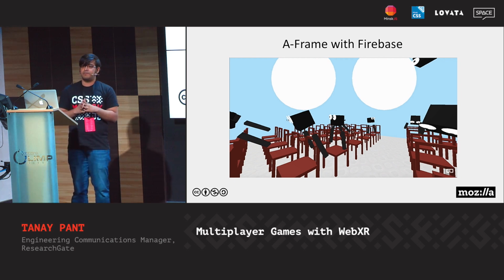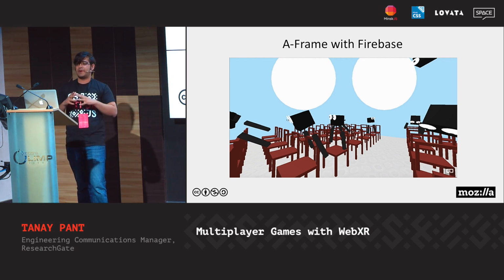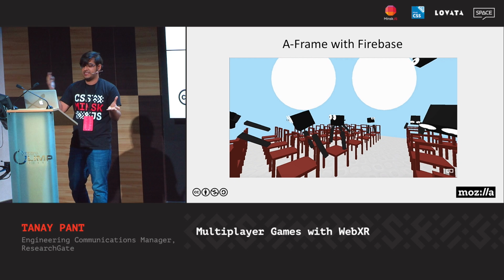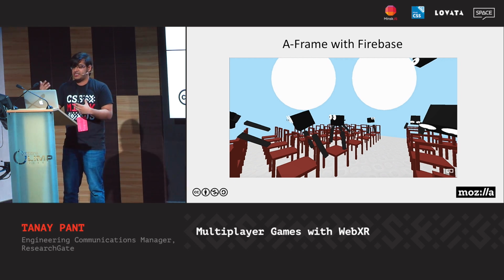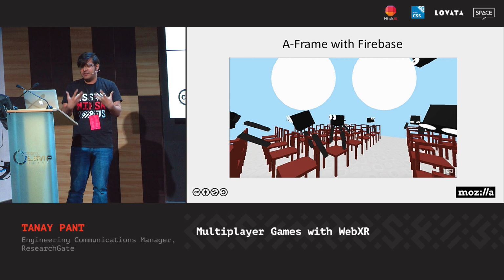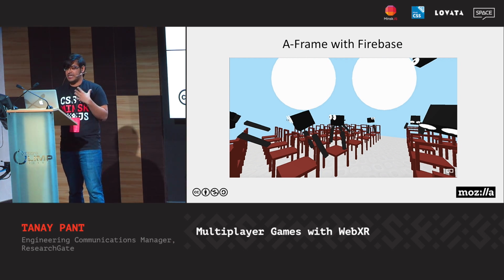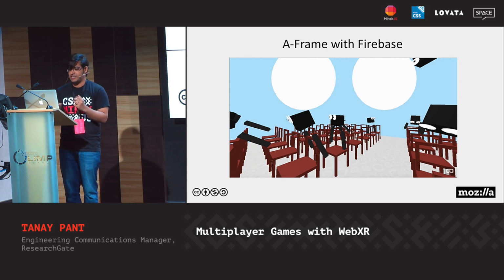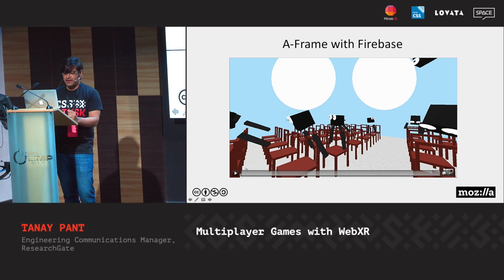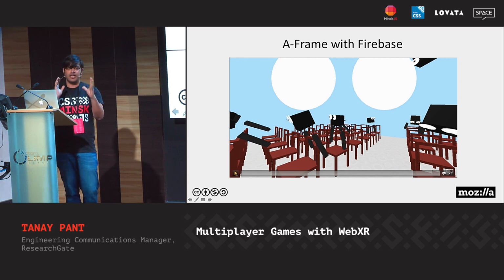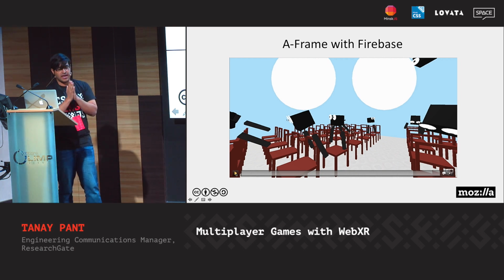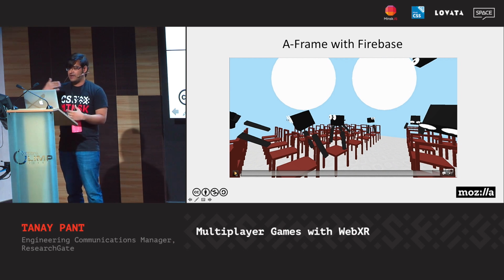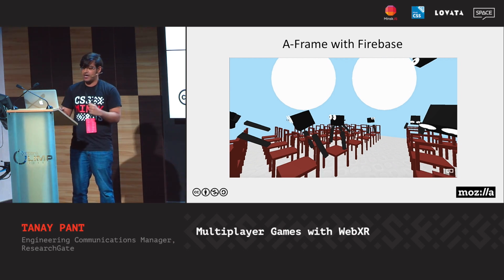Since A-frame is based on HTML, it is compatible with all the existing libraries and frameworks like Vue.js, React.js, D3.js, and so on. And playing in a virtual world is much more fun with friends. And here's a demo which shows A-frame using a component called Networked A-frame, which you can find on the A-frame registry. So what I've done in this demo is I have simulated a conference room and opened 2 sessions at once, one using my laptop and one using my mobile.